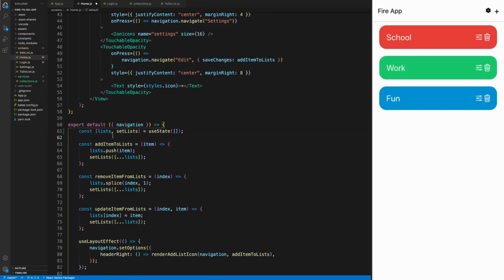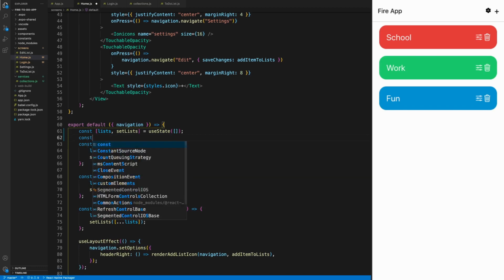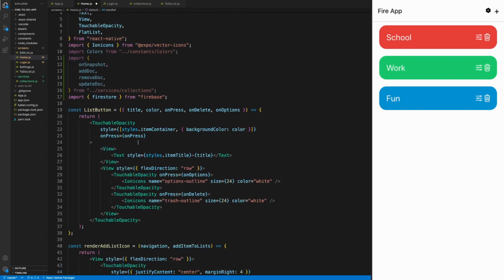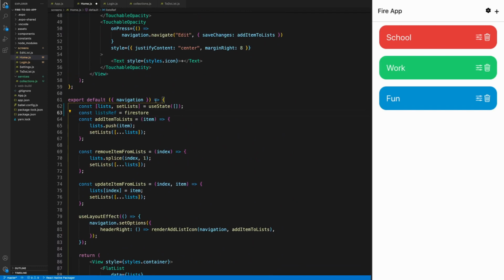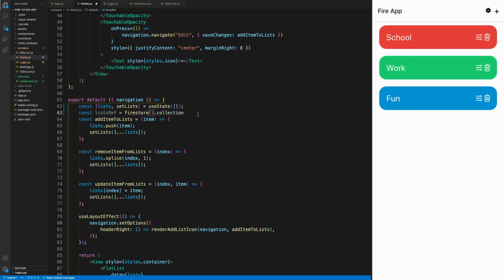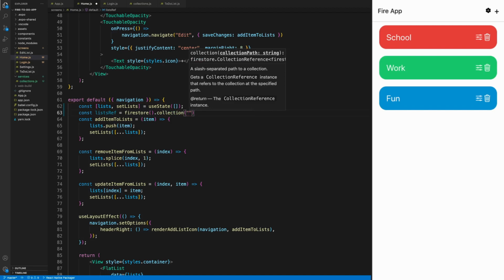and we'll also create a reference for where these lists are in the Firestore database. We'll do const listsRef is equal to Firestore. Let me make sure. Okay, it auto imported Firestore for me. Firestore dot collection. Why does it keep auto completing to that? Oh, because Firestore isn't a function. There you go. Users